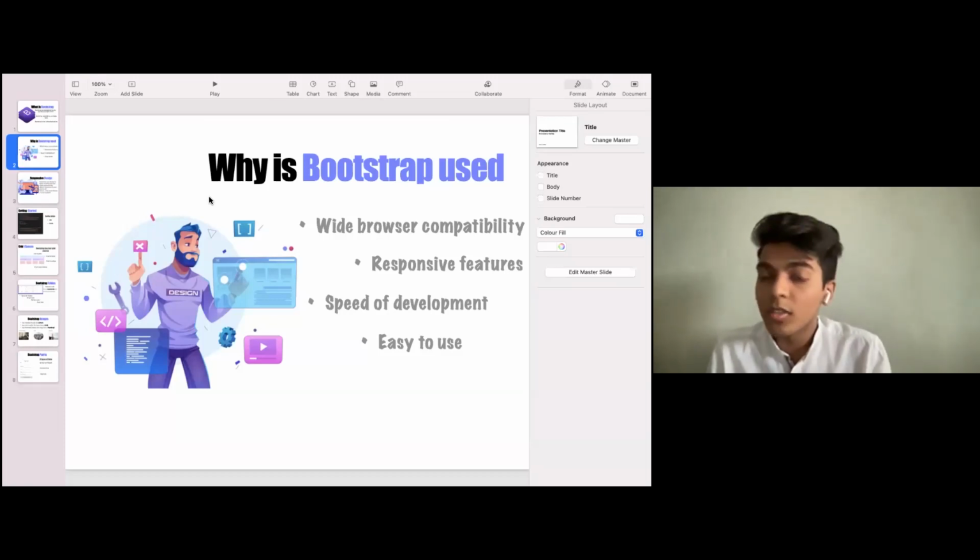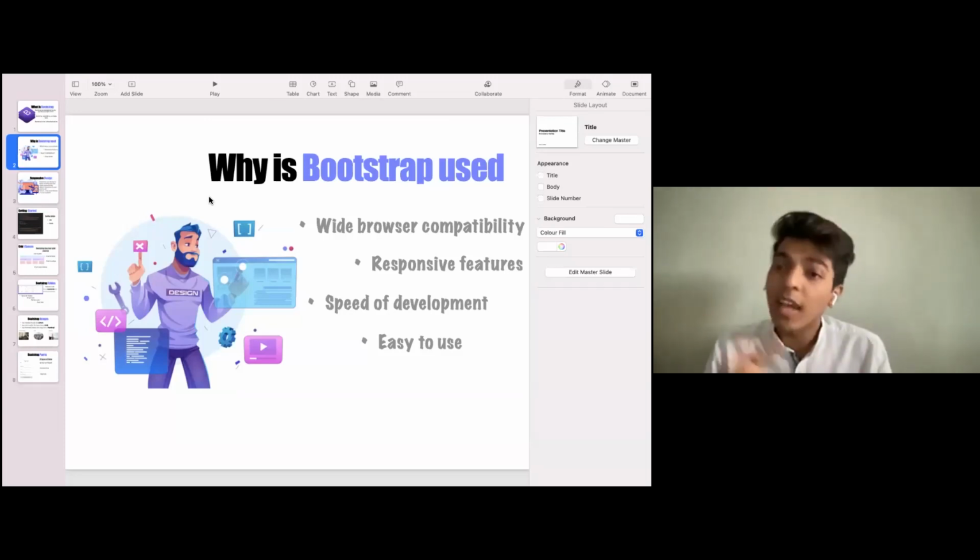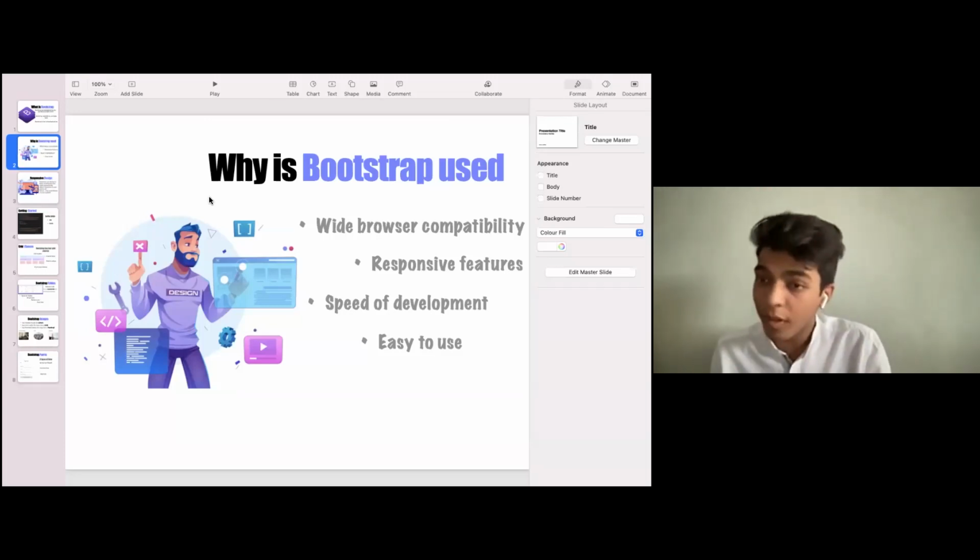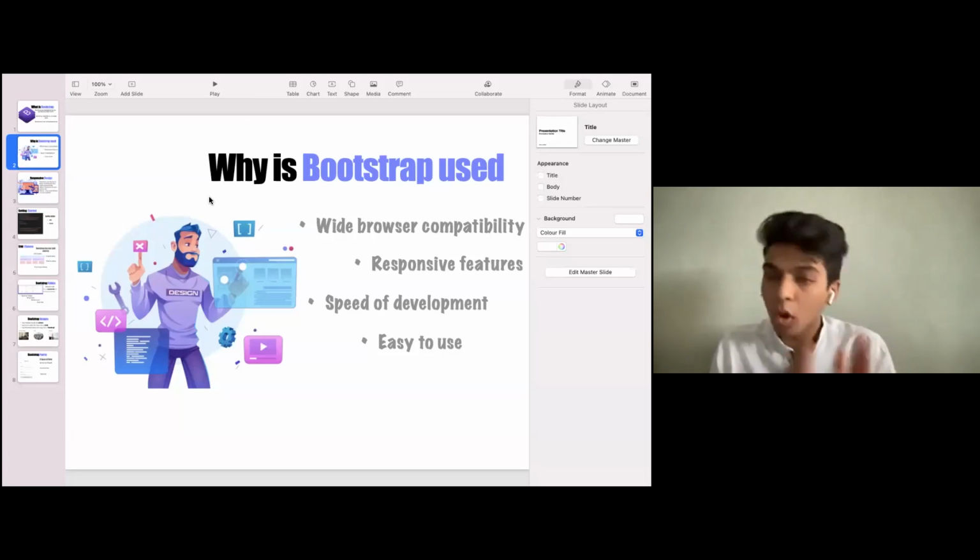So what is the responsive feature? I will be explaining in some time. Next, speed of development. With CSS, I used to write something in HTML, then design it in CSS, give it a particular framework, and then write media queries to keep it concise. I used to write a lot of things so that it could be properly visible on the laptop and on different devices as well. Now I just have to create a website on the desktop with Bootstrap, using the things that are provided to me, and I can access it from any device and it would remain the same as well.